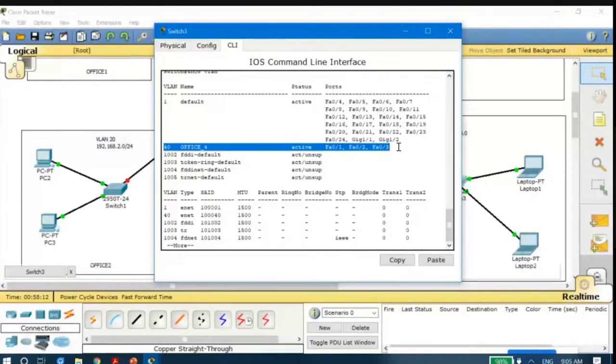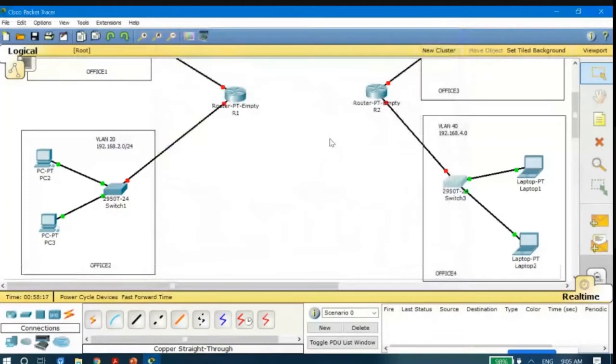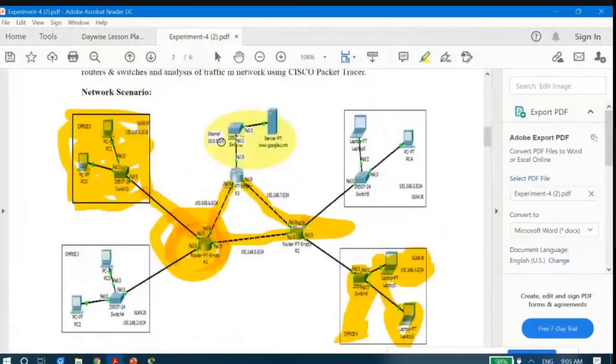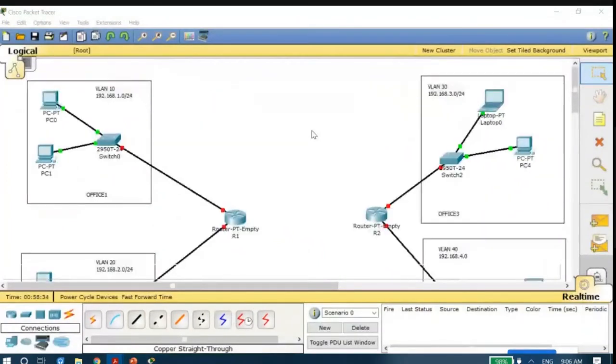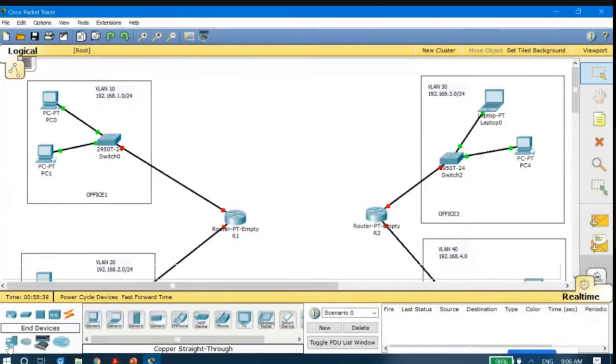Next thing that we have to do is configure the third net. Again, I will add. We have a class A network here. Class A network I have to now configure. As you could see, I need a router, a switch. First, let me select end devices. Then let me select the third option, server PT. It is a generic server. I will click on it.